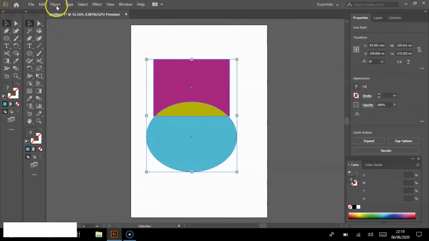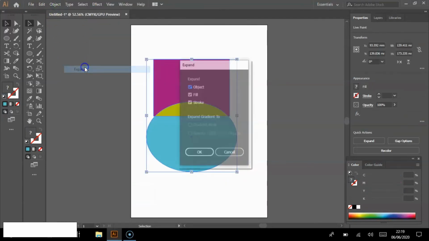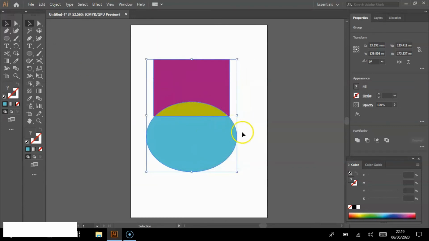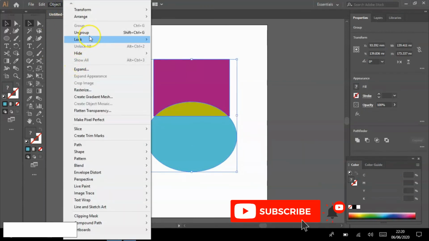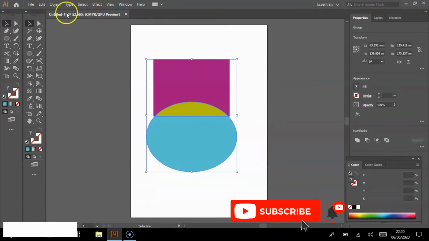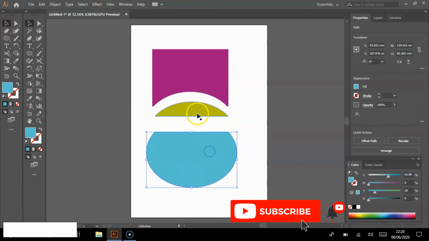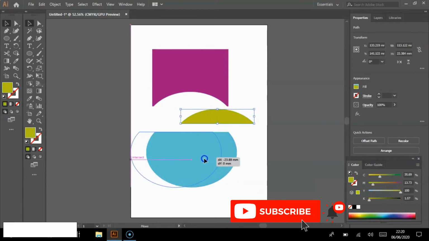First select those 3, go to Object, Expand. Here just click OK. Again go to Object, Ungroup. Again go and ungroup it. See here, now everything will come in different shapes.